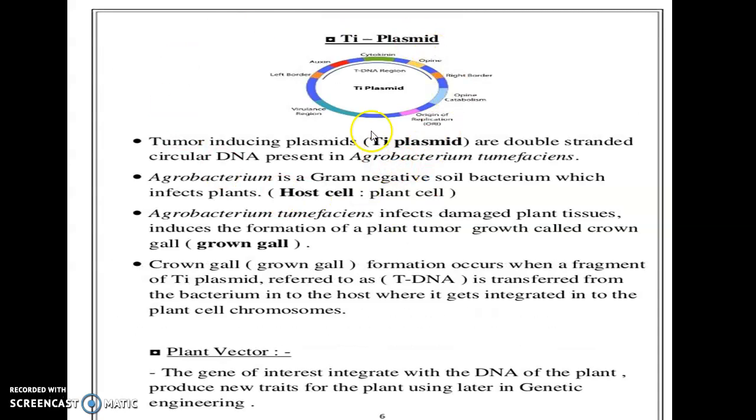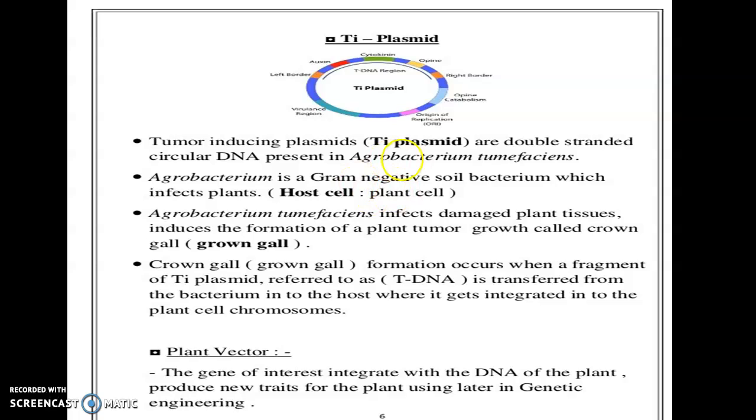In the case of plant gene transfer technology, the vector used is the Ti plasmid vector. They are tumor-inducing plasmids, naturally found in the bacterium called Agrobacterium tumefaciens. This bacterium containing this plasmid has a unique DNA called T-DNA. When this bacterium infects the plant cell, this T-DNA is copied from the plasmid into the plant cell's genome. This type of jumping of genes is called transposons.